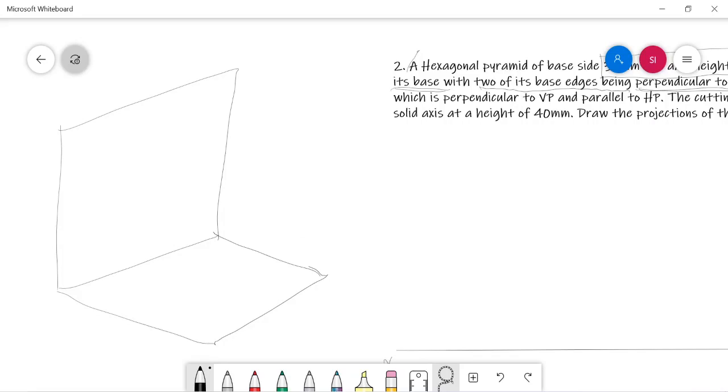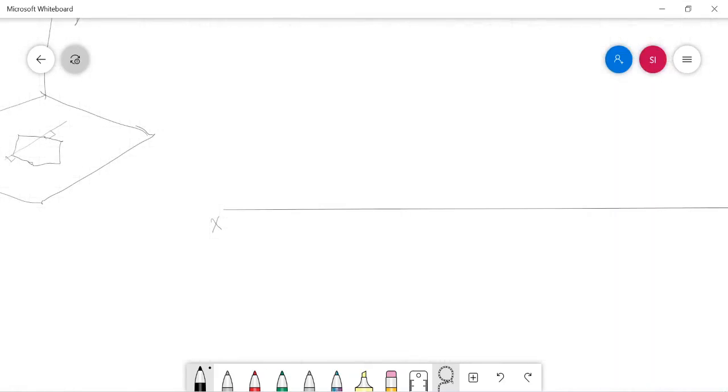The solid hexagonal pyramid is going to rest on HP by its base, with two of its base edges being perpendicular to VP, and then we can complete the base view of the solid.